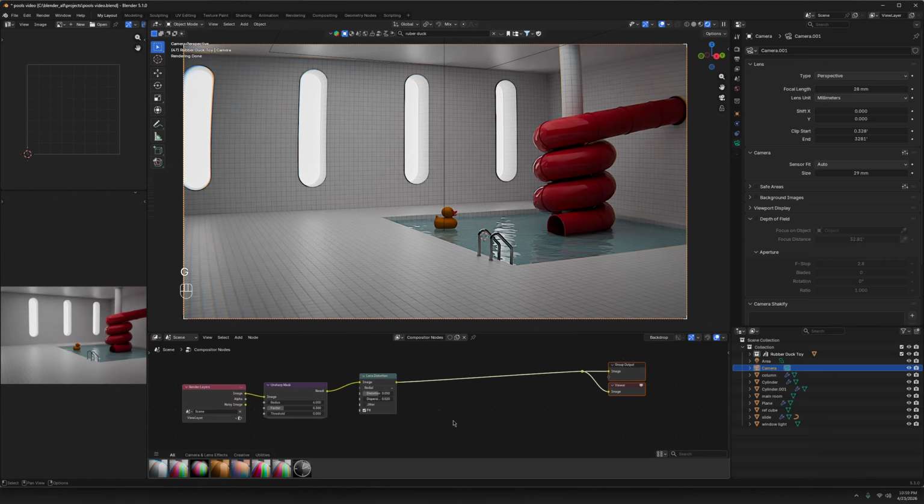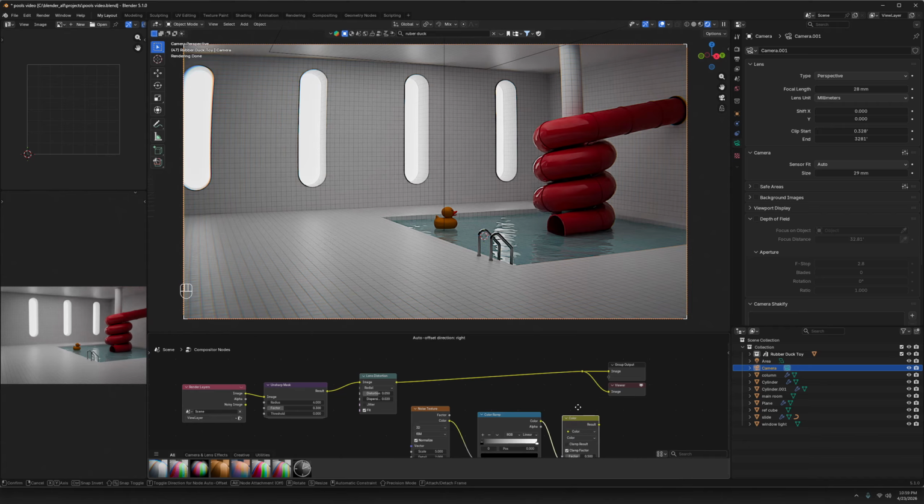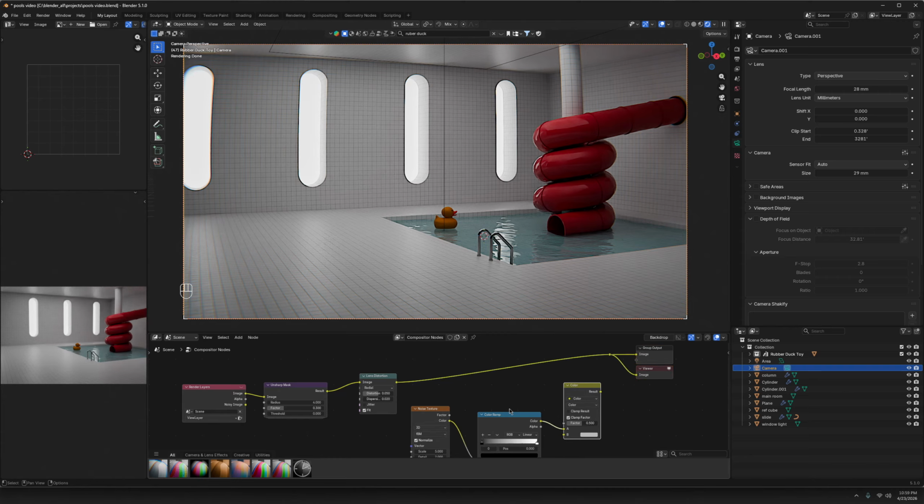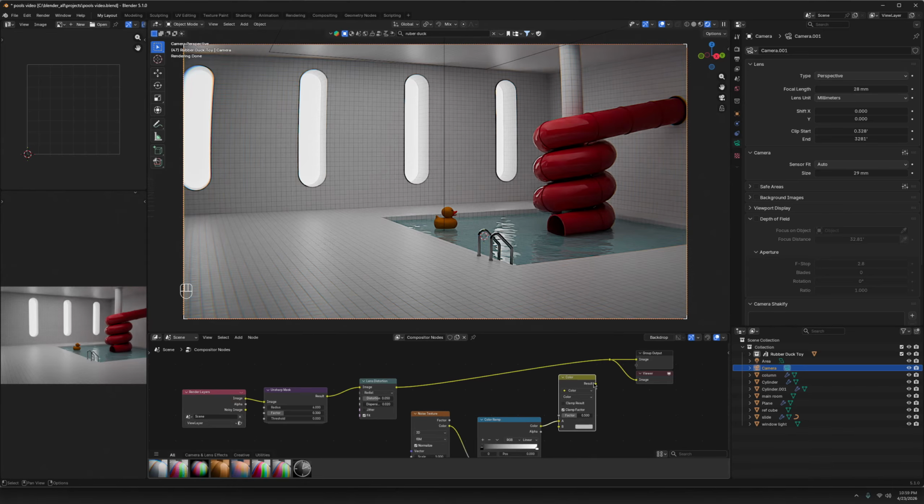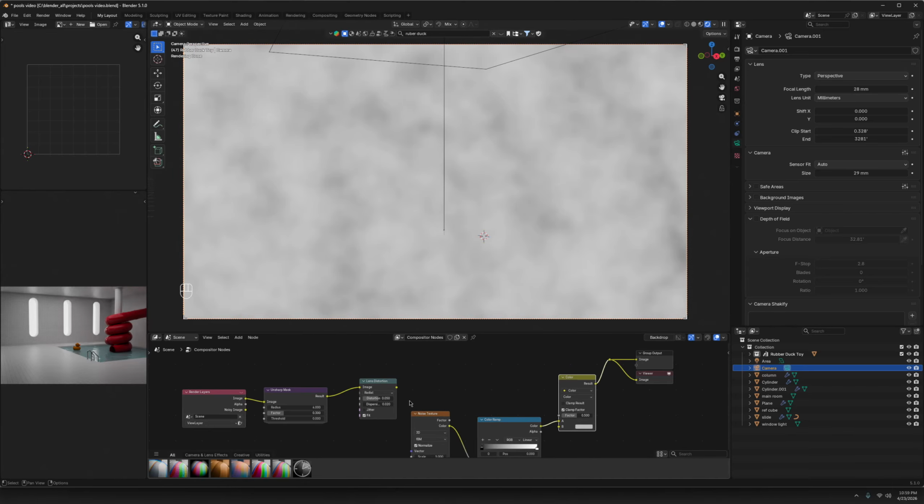So let's go to the last thing I want to do. We'll do a noise texture. Okay, we're going to drop that into a color ramp, into a mix color. Just move all of this over here. Okay. So I'm going to put that into there. And then